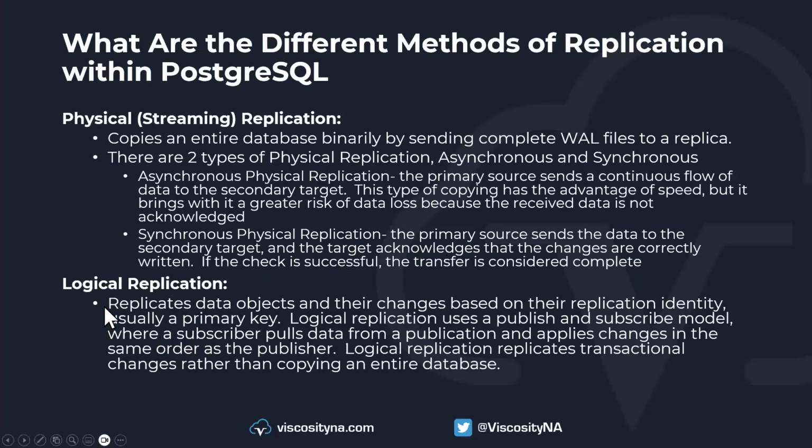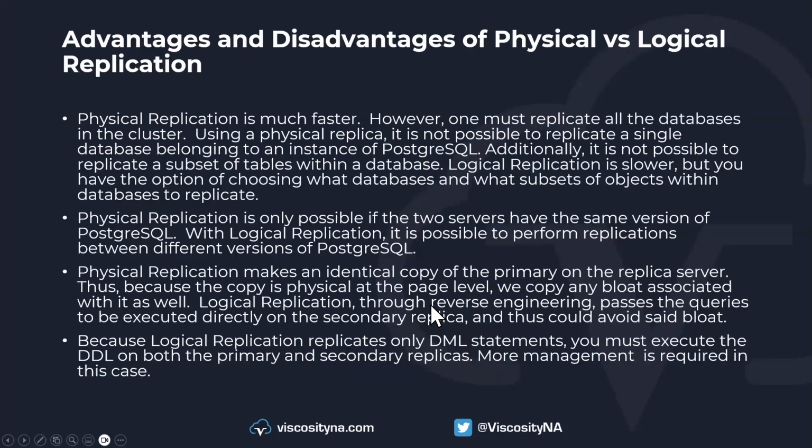Logical replication is largely different. It replicates data objects and their changes based on their replication identity, which is usually a primary key, but not always. Logical replication uses a publish and subscribe model, where a subscriber pulls data from a publication and applies the changes in the same order as they were applied on the publisher. Sometimes logical replication is referred to as transactional, and it replicates such,